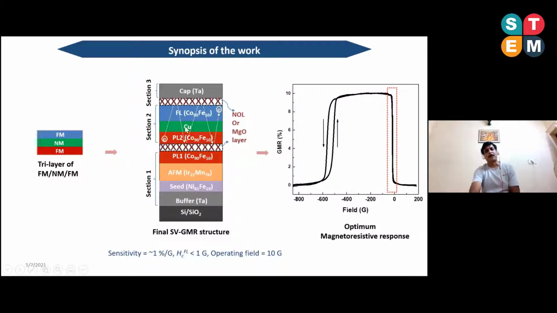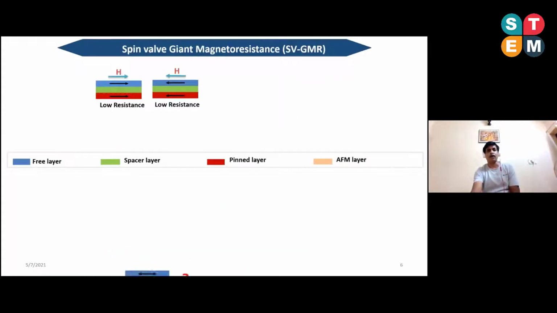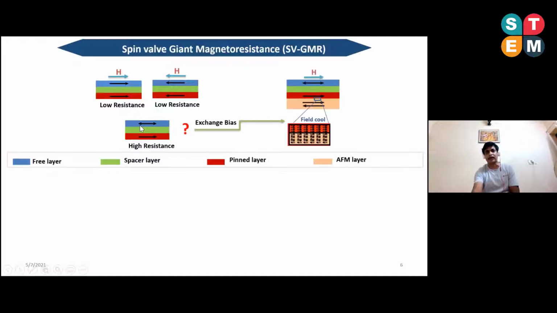Now, if we measure the properties as magnetoresistance as a function of field, we see a small jump near zero, which is because of the free layer transition, and this is related to the transition of PL1 and PL2. This is typical behavior of all the spin valve systems which we observe. Now we have this low resistance, and again a high resistance in the antiferromagnetic state.